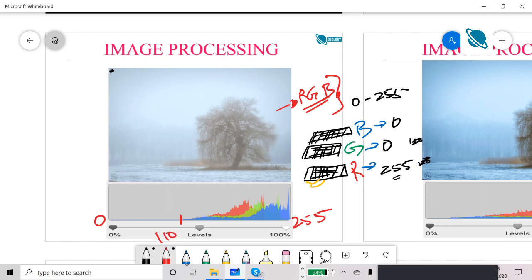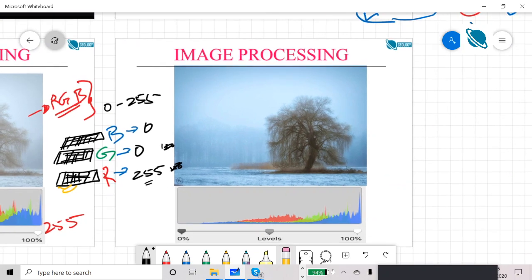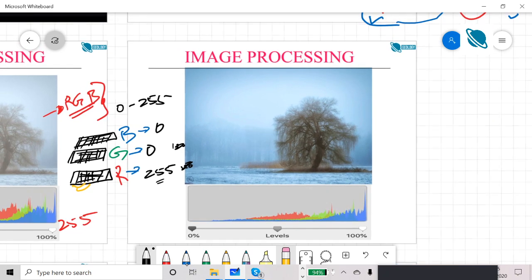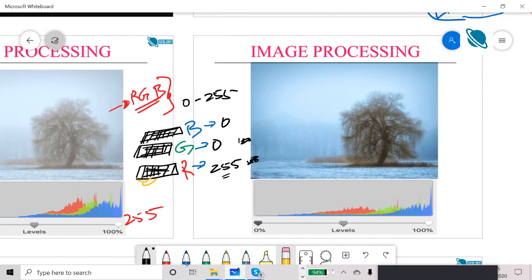In processing, you say anything which is 110, make it 0. In this way you stretch the histogram, and that will increase your contrast. This is what I have done myself on my laptop. I enhanced the contrast so that these values are also captured. Now you see the difference between these two images. Here the blue colors are now darker, so you see more dark values. Look at this tree trunk here. It is not very dark here, it is darker here, and even the water.